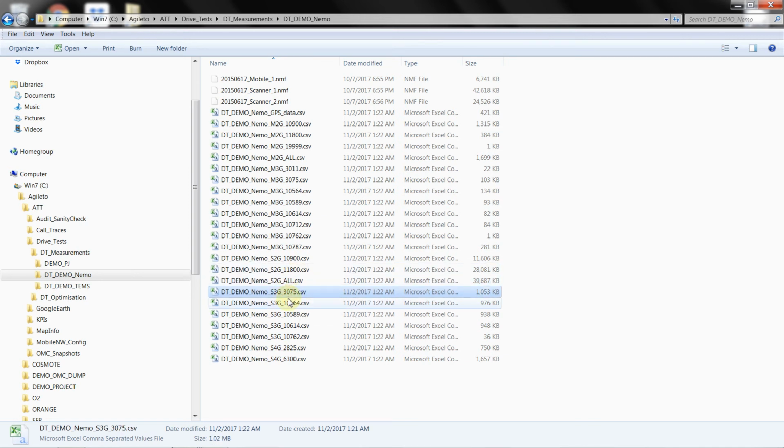Then we have the data collected from the scanner in 3G technology on this downlink UMTS absolute radio frequency channel number. The same is for the scanner in 4G technology, where we have these EARFCN, evolved absolute radio frequency channel numbers, 2825, respectively 6300. So if you want to see how it looks inside, we need to recall a bit